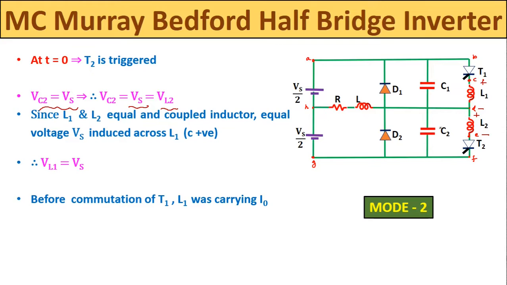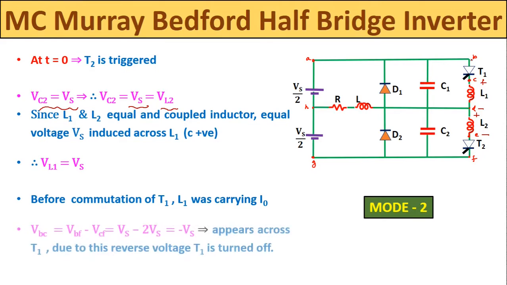Now as we have discussed, when this T1 thyristor was conducting, at that time L1 was carrying the load current here. Now if you find out the voltage across the T1 thyristor, when this T2 thyristor starts conducting, it will be equal to VBC. VBC will be equal to VBF minus VCF. So if we find VBF, it will be equal to VAG only. VAG will be equal to Vs by 2 plus Vs by 2 is equal to Vs here. Minus VCF will be equal to VL1 plus VL2, which is equal to 2Vs. So from here we will get VBC is equal to minus of Vs,